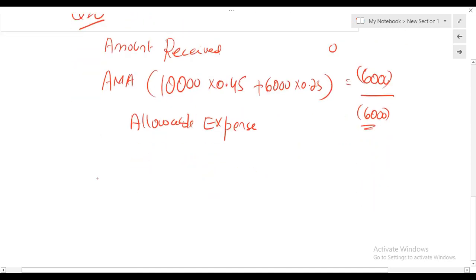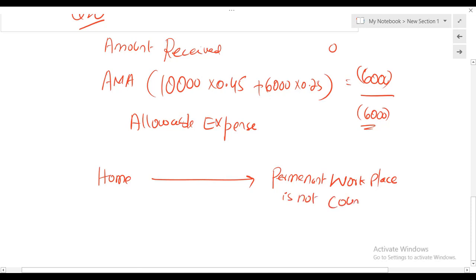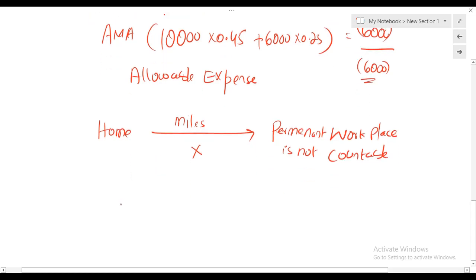Let me tell you one more thing. Distance from home to permanent workplace is not countable. So miles from home to permanent workplace are not countable. For example, if Mr. X uses his own car for employment purposes, but from home he goes to permanent workplace, miles from home till permanent workplace are not countable. But once he reaches the permanent workplace and from there he goes for employment purposes, then obviously all the miles are countable. But if someone goes from home to temporary workplace,